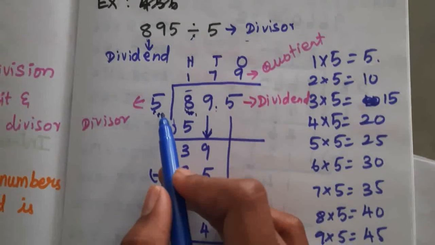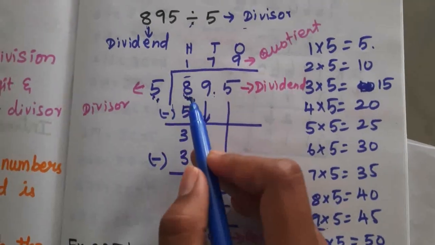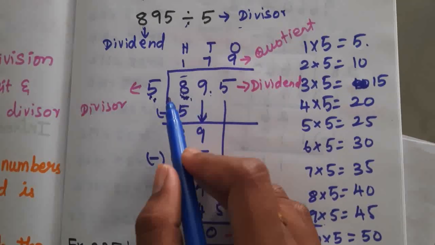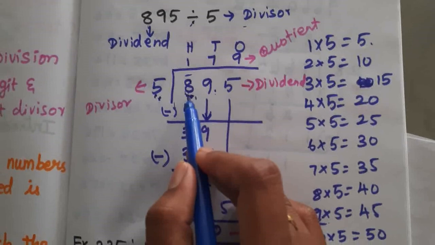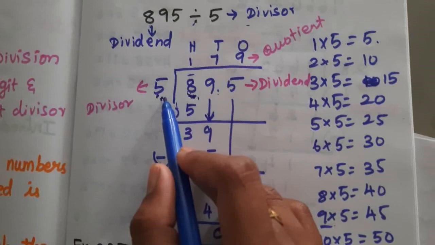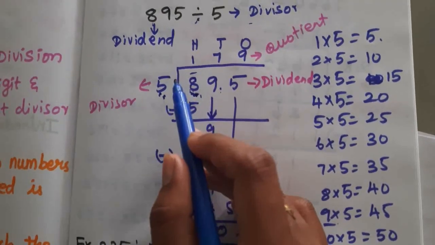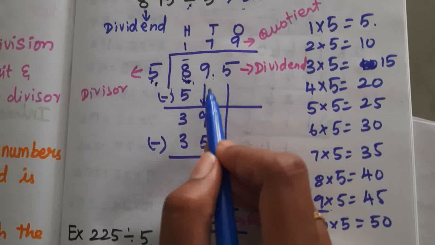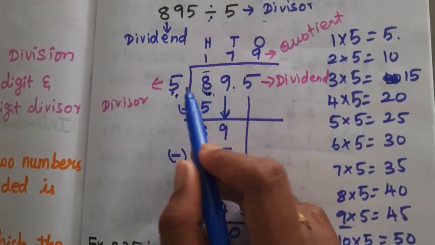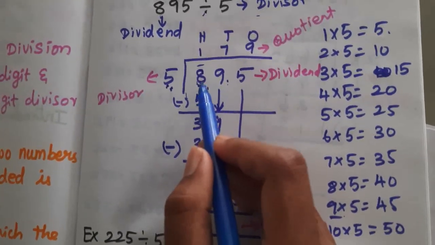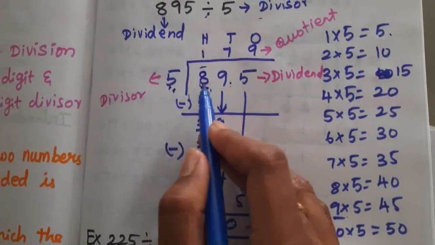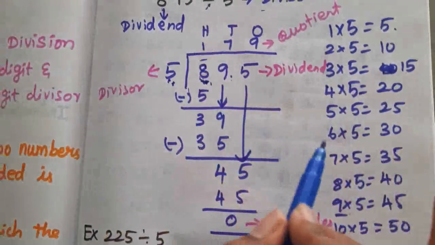divisor. Okay, so if the divisor is a 1 digit, first you should see the 1 digit number. After seeing that number, you have to compare that number. While comparing the first digit of the dividend and the divisor, if the divisor is greater, then in the next step you have to see the 2 digits. In case the dividend's first digit is greater than the divisor, no problem, you have to do the steps as it is.